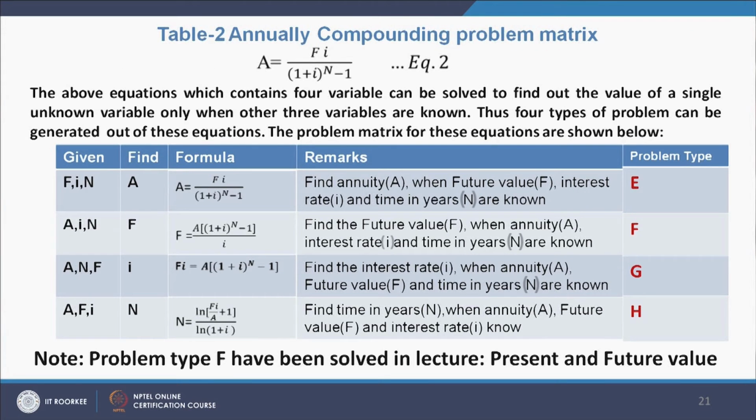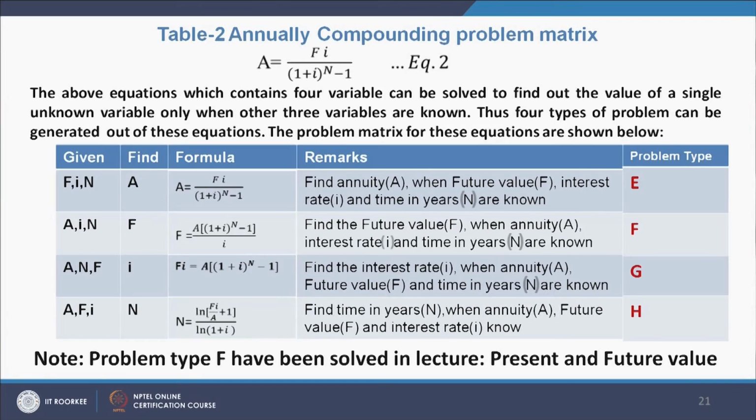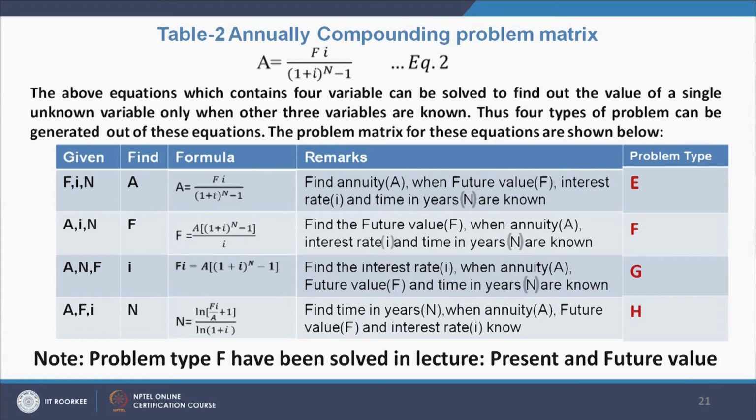Now, we have seen how A is related to P, that is present value, and in this set of problems we will see how A is related to FV, that is final value. Here we see how A is related to the final value, and based on these equations what type of different questions can be created. So, this is the equation which is taken into account.